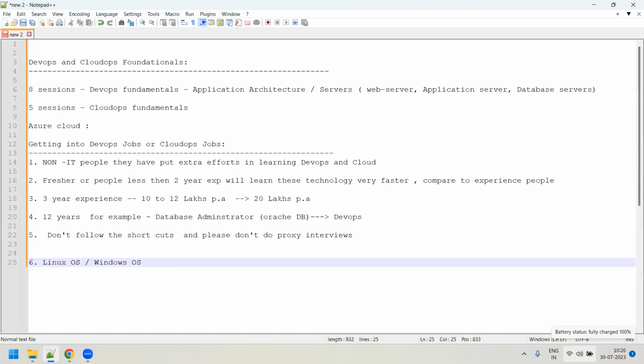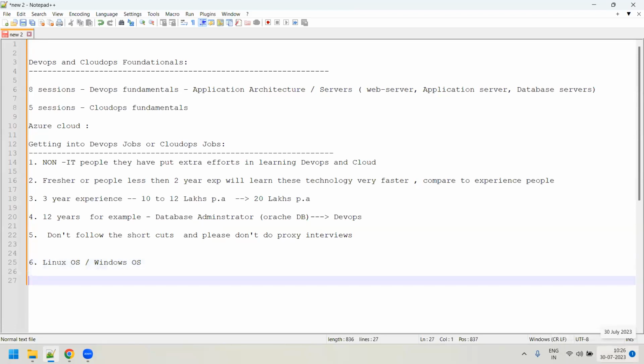So how much should I know as a DevOps engineer? A little, an optimal amount of knowledge you should have. It's not that I should be an expert in Linux or Windows. No, DevOps doesn't require that. As and when you start working, you'll slowly learn it. But how much should you know in Linux, which I'm talking about here? In Linux, you should have a fundamental knowledge of the operating system. Fundamental knowledge means all aspects.